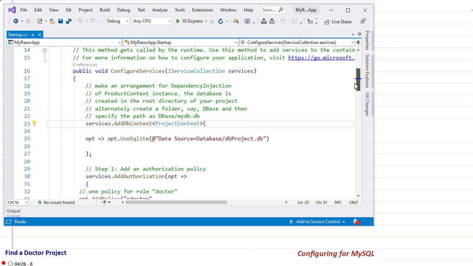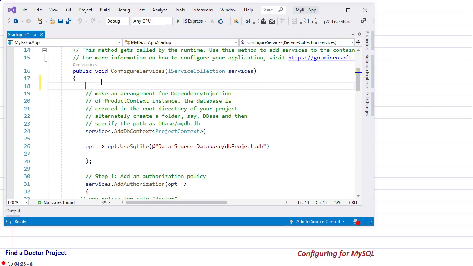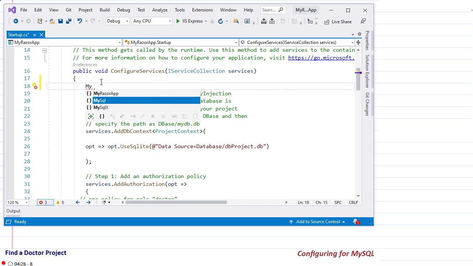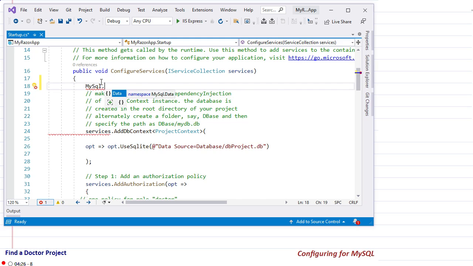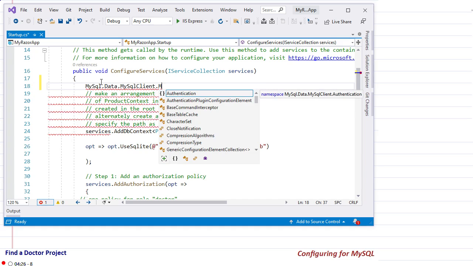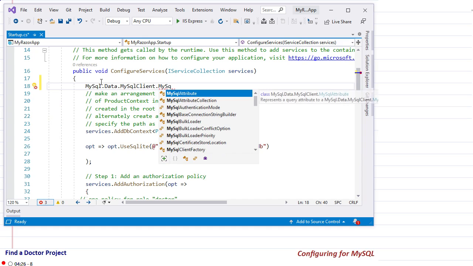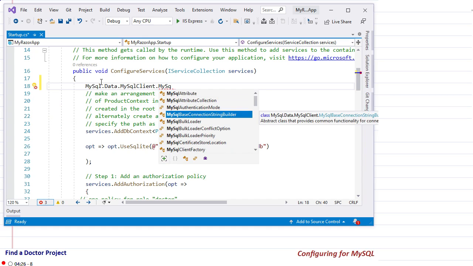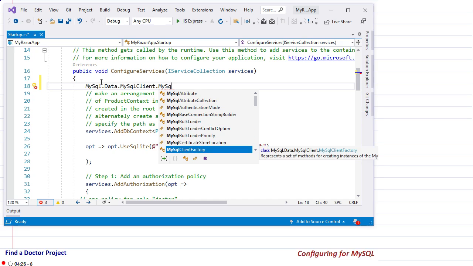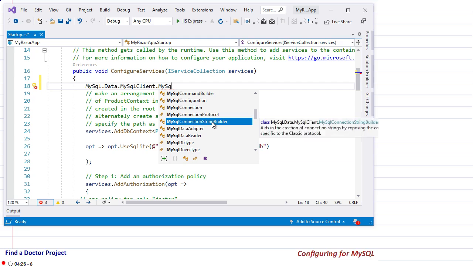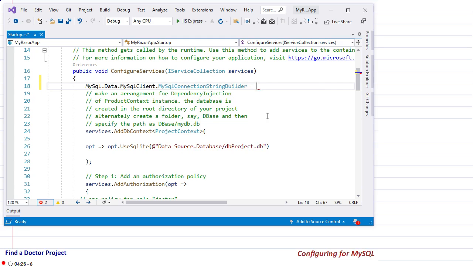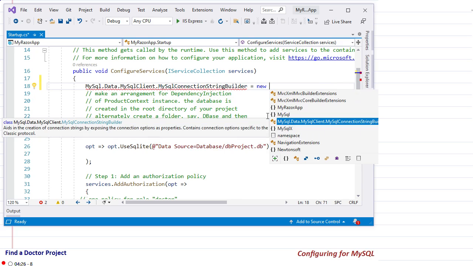The best way is to use a MySQL connection builder. This is configure services. I will try MySql.Data.MySqlClient.MySqlConnectionStringBuilder. So I will basically need a connection string builder, MySQL connection string builder. So select this one, is equal to new,